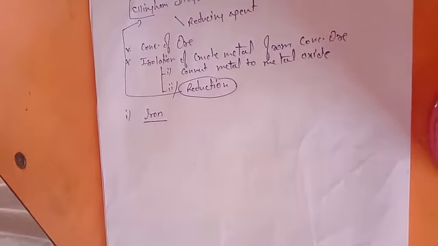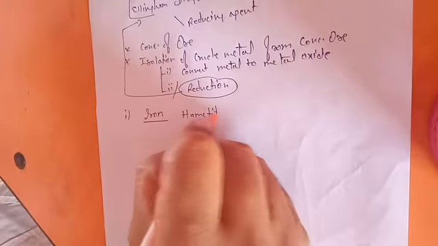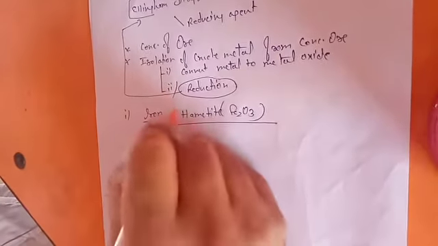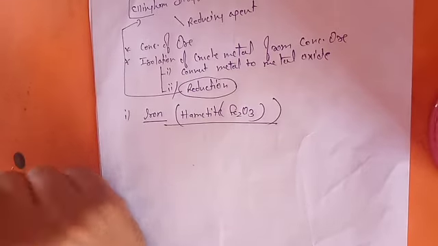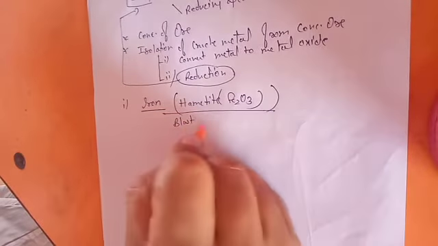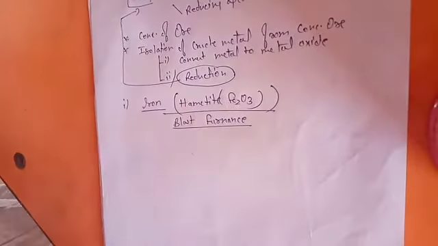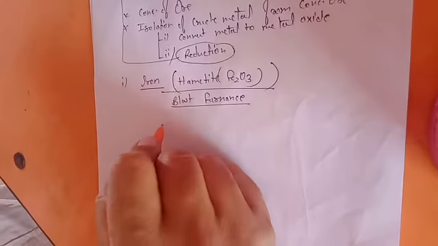So the first step is the same. Let's say we start with hematite, Fe2O3, which is the ore of iron, from which we are extracting it. Now, how will we discuss this? First of all, we must know about the blast furnace, because the blast furnace is the equipment used to extract iron. It looks something like this.